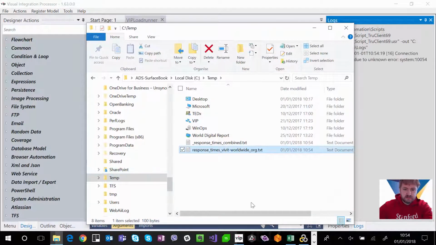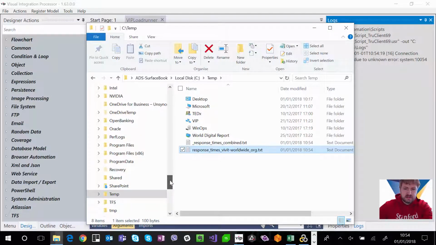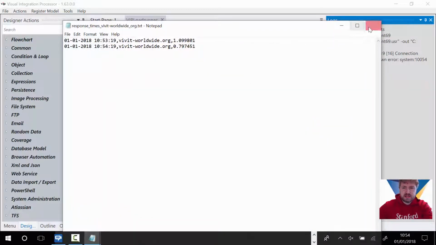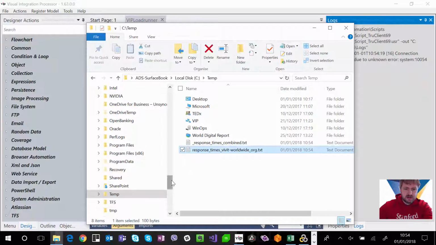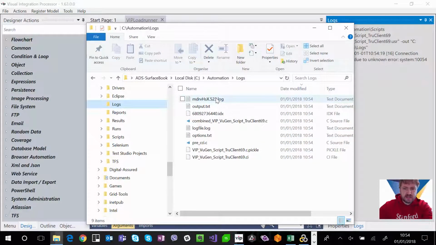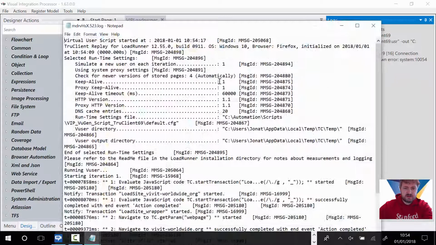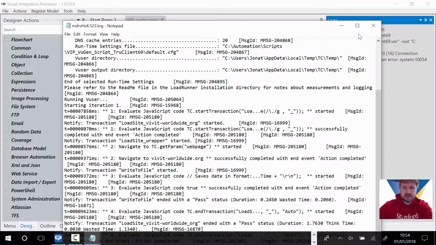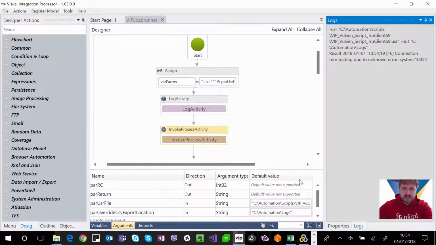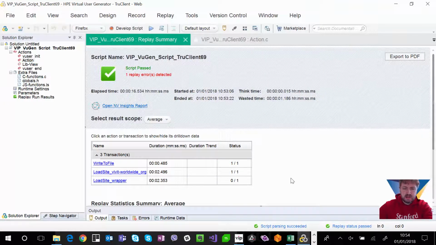What we'll see now is that this will have executed another script, but also, more importantly, you can see we've now got a 0.79 coming back. It's also written the logs into the location that I'd pointed out to it. So we've got that full history of what actually executed, and we're not losing any of that debugging capability. But this is just a single parameter. What I'm going to show you is how you can use powerful data generation to run thousands of parameters.